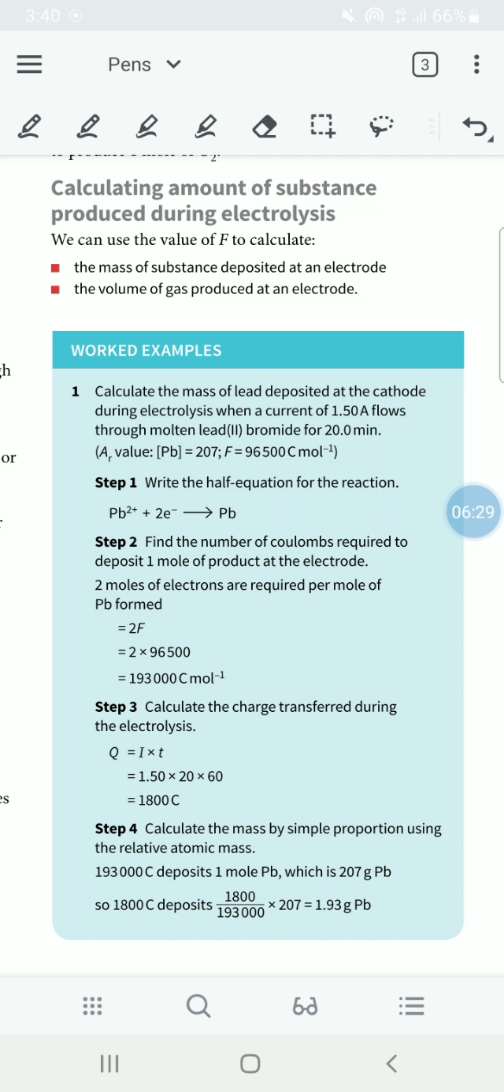1800 is what has been given. Then if 193,000 is what is required for 1 mole, you divide it by 193,000 and multiply it by 207. Why do we multiply by 207? Because that is the molar mass of